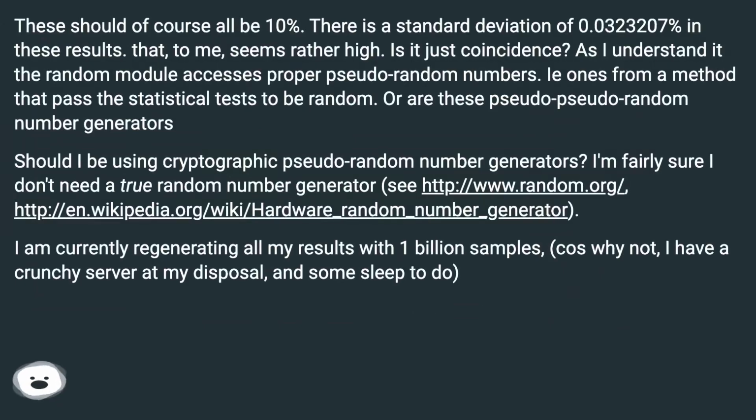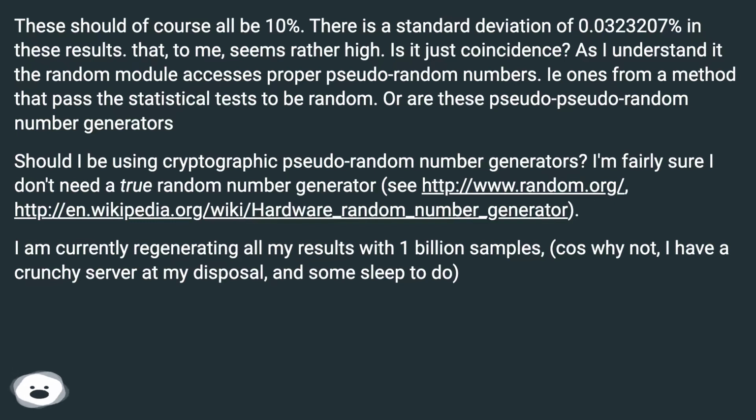These should of course all be 10%. There is a standard deviation of 0.03232007% in these results. That, to me, seems rather high. Is it just coincidence? As I understand it, the random module accesses proper pseudorandom numbers,